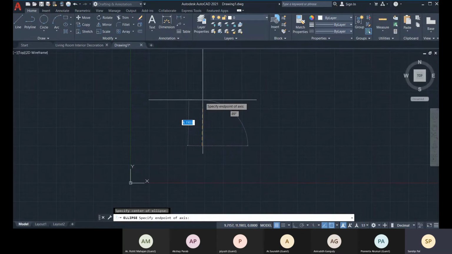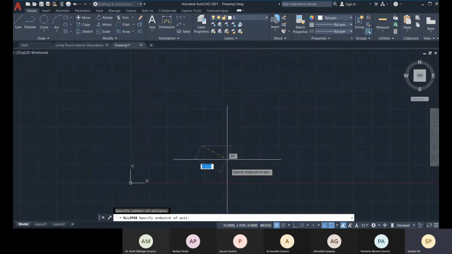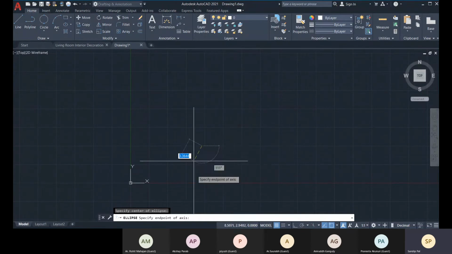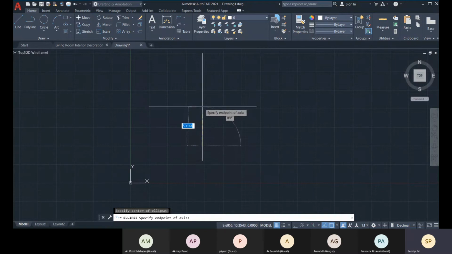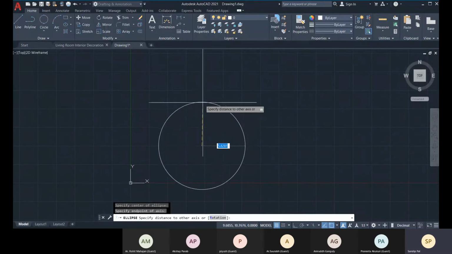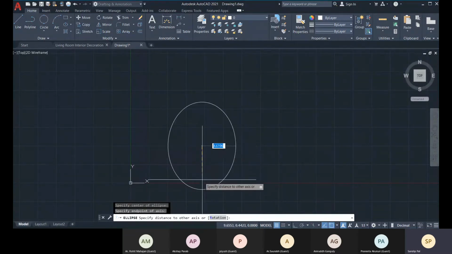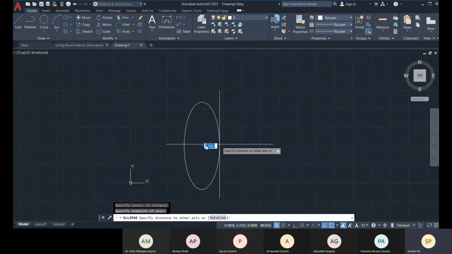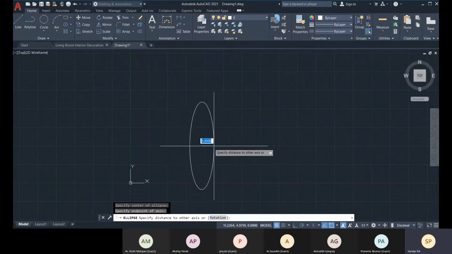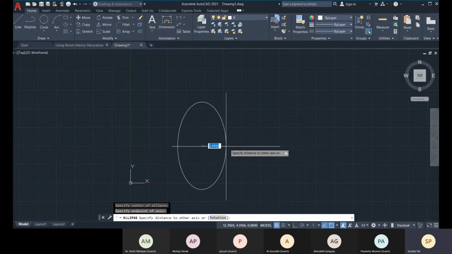The first one is the major axis and the other one is the minor axis. After specifying the center, you have to specify another point of that axis, and the opposite will be taken at the same distance from the center. Then one point of the second axis. According to that, your ellipse will be defined.